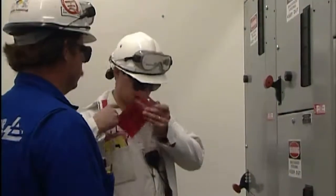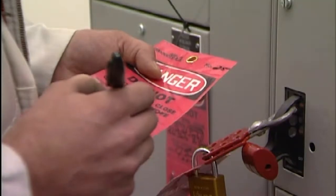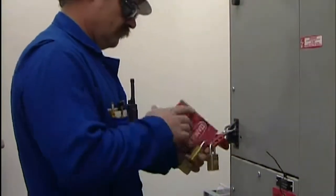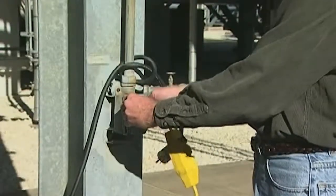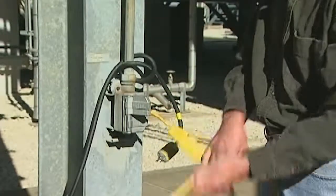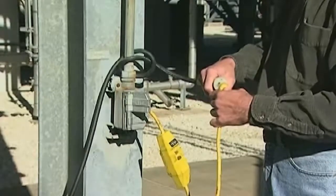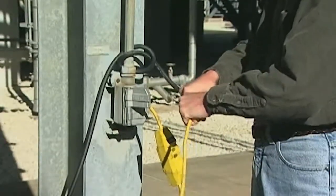Examples of solutions include the use of insulation, guarding, grounding, electrical protective devices, and safe work practices, including locking and tagging. On construction sites, it is the employer's responsibility to provide either ground fault circuit interrupters for all 120-volt single-phase 15 and 20 ampere receptacle outlets in use and not part of the permanent wiring of the building or structure,